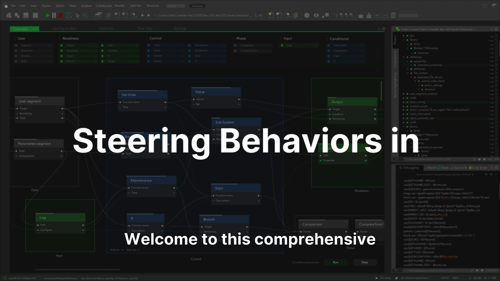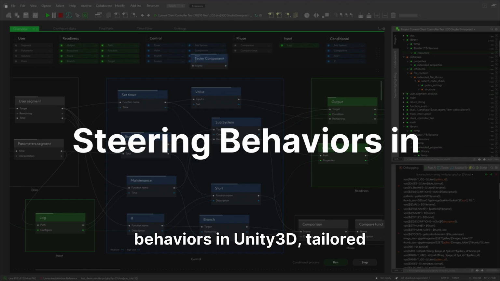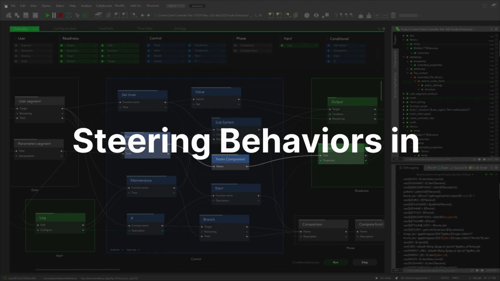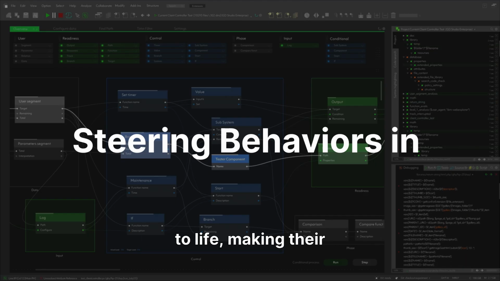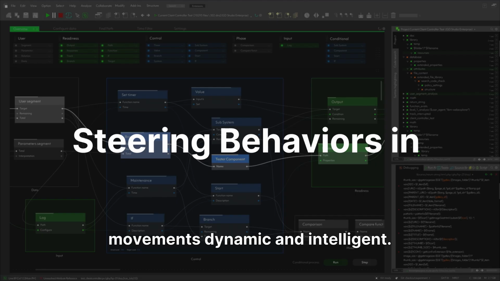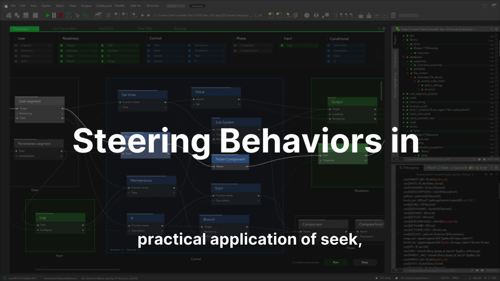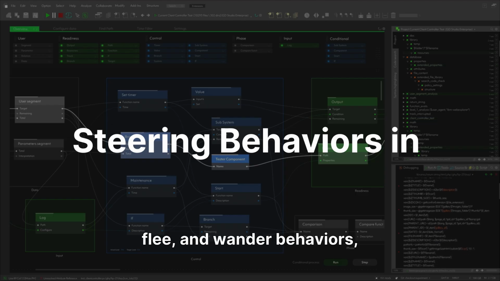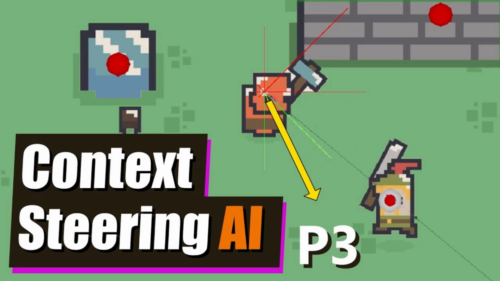Welcome to this comprehensive guide on implementing steering behaviors in Unity 3D, tailored for beginners in game development. We'll explore how these fundamental AI concepts can bring your game characters to life, making their movements dynamic and intelligent. This tutorial will cover the core principles and practical application of seek, flee, and wander behaviors, providing a solid foundation for more advanced AI. Steering behaviors enable autonomous objects to move realistically within a simulated environment, using local vectors and